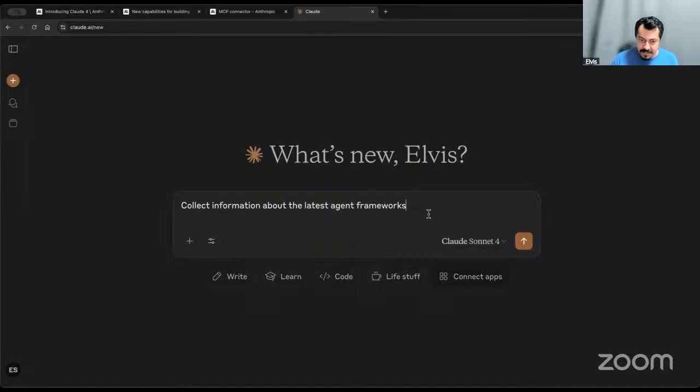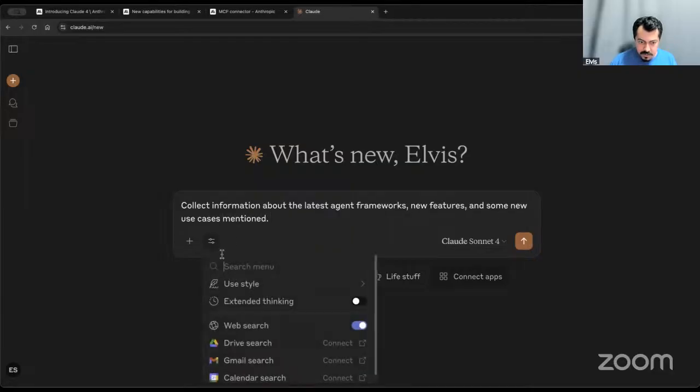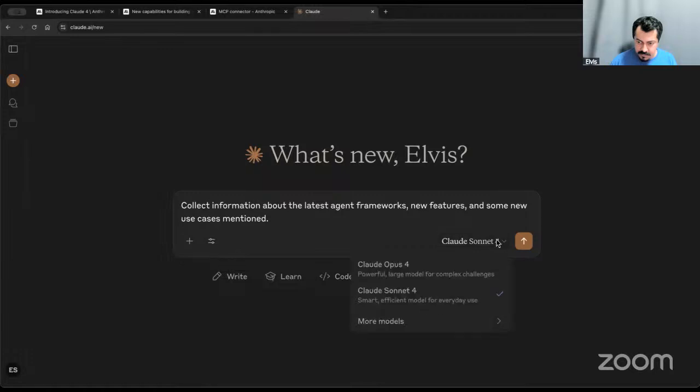I collect information about the latest agent frameworks, new features, and some new use cases mentioned. This is more to stay up to date with stuff. So it should use the web search, and it should use this model,